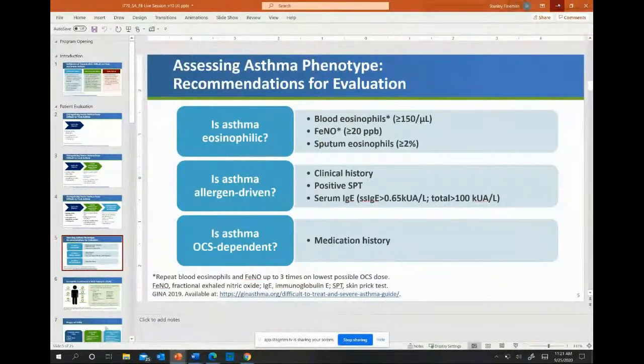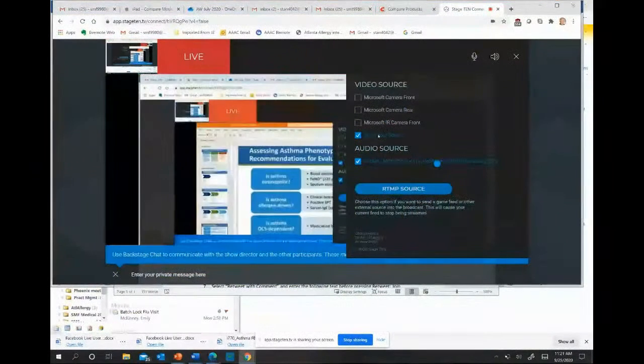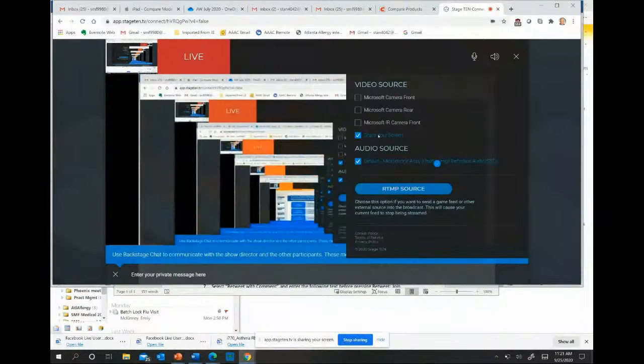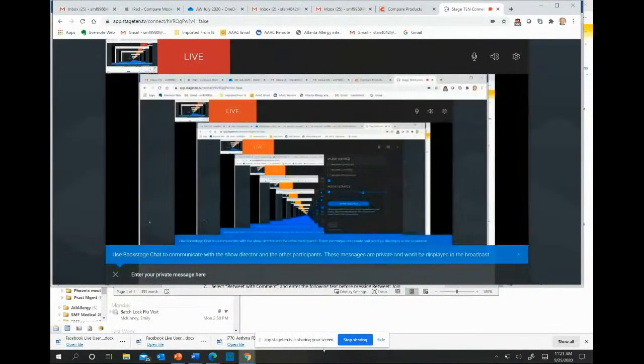So if you stop sharing again your screen, it says... I don't see where it says share PowerPoint. Usually when you click share screen, it asks you what you want to share, your whole screen or something else. But you would have to stop sharing and redo it probably to see that option. Okay, forget it. But I mean, this is fine.